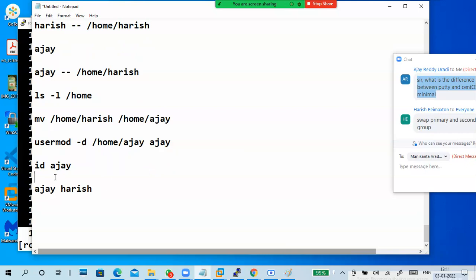So when I use this, the user is Ajay and the group is like this. So what I want to do is go to groupmod. Hyphen n is the new name: Ajay is the new name and the old name is Harish. Okay, that's it.